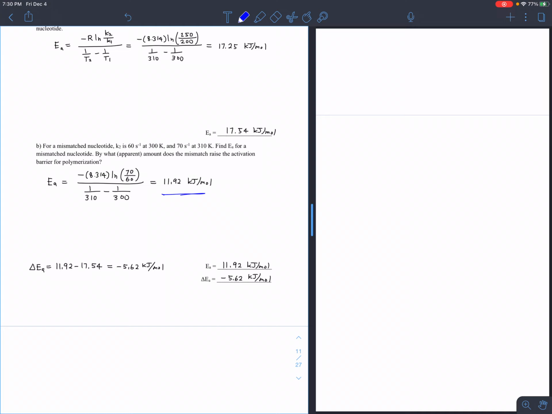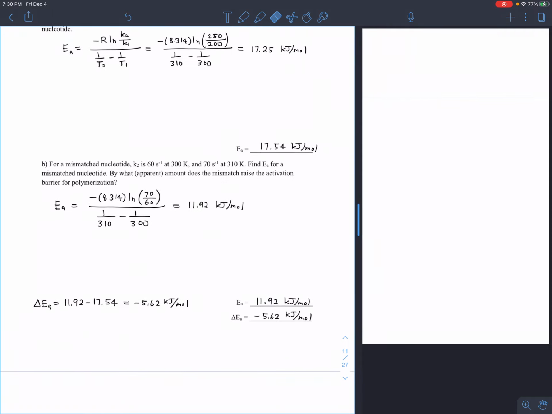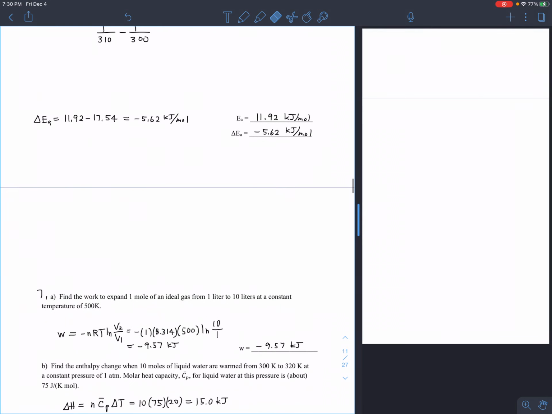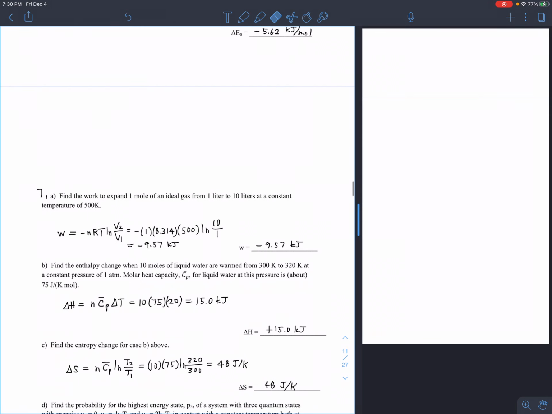And then it asks, by what amount does the mismatch raise the activation barrier? Well, it's the difference, right? 11.92 minus 17.54, which is minus 5.6. So it raises it by minus 5.6, which means it really lowers it by 5.6. All right, those are the correct answers, even though the problem is worded in a little bit of a funny way, and the numbers that I put in here aren't very realistic. And that is it for this session. We'll do another session